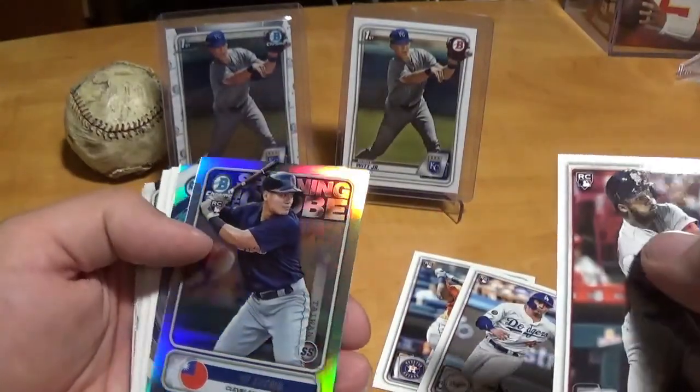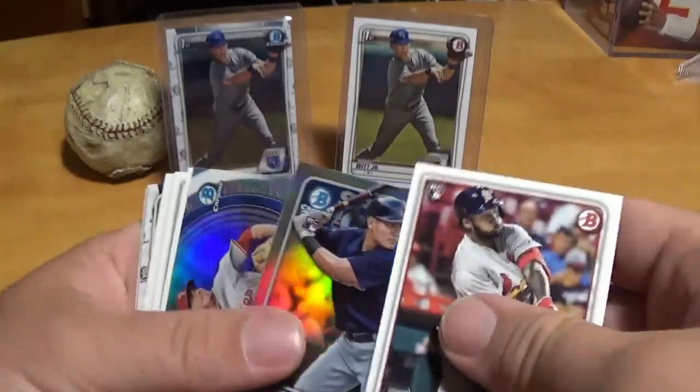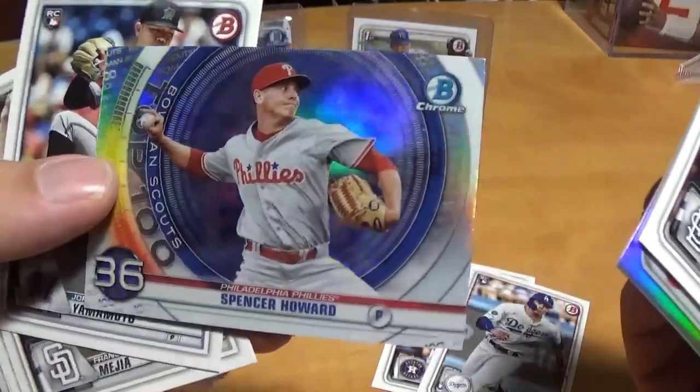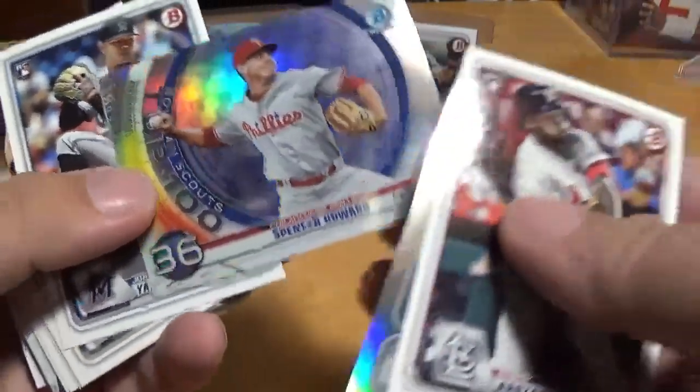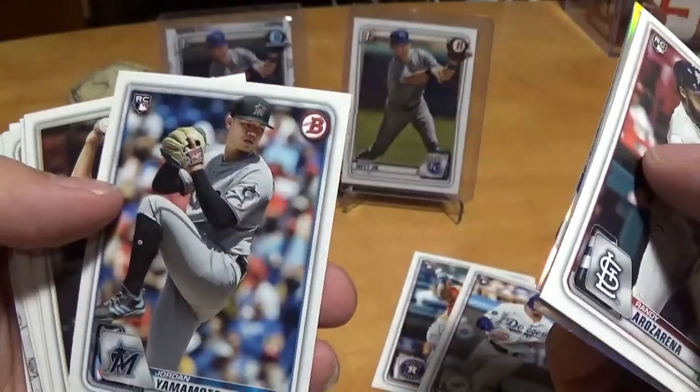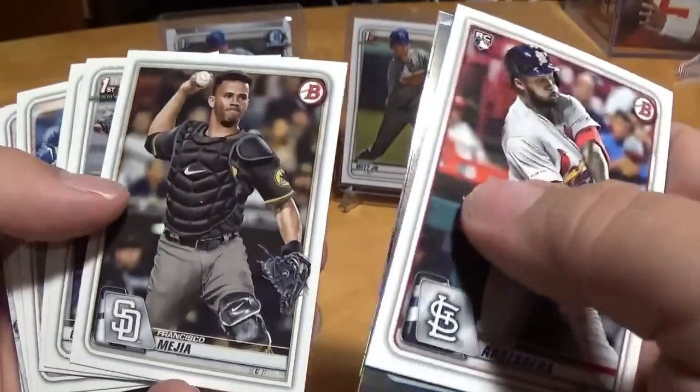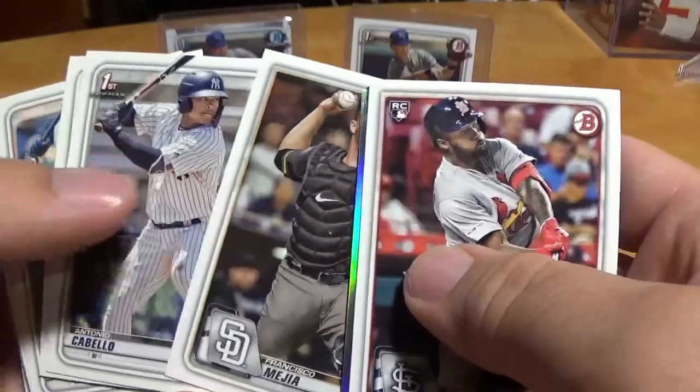There's a Yu Chang, one of those spinning the globes. And then Spencer Howard, number 36 prospect, is Jordan Yamamoto. Pretty cool, like that. I know a guy who's really into him. A shout out to